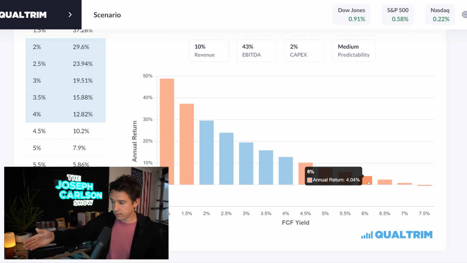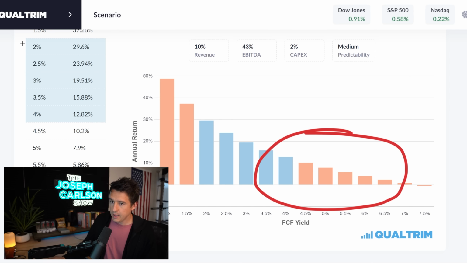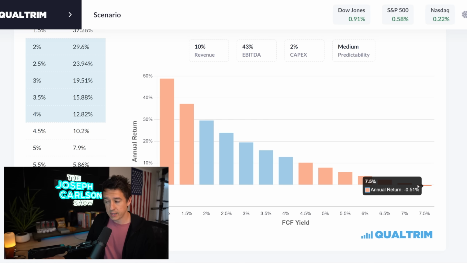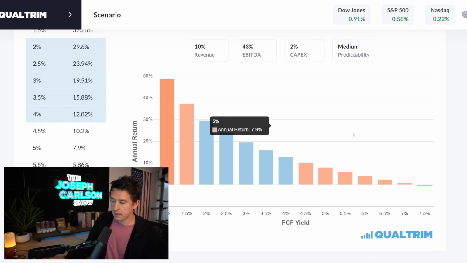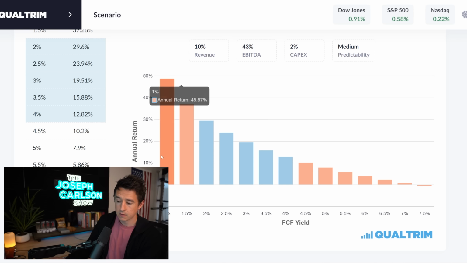And that means that the free cash flow multiple is going down and the yield's going up, meaning people are selling out of the stock. So I have a good degree of downside protection here. We have to get above a 7% yield, or above a 7.5% yield, for it to finally go negative on an annualized basis. And then I also don't think it's going to be priced at a 1% yield. That would be like NVIDIA or something growing like crazy. So I think that's out of the cards.